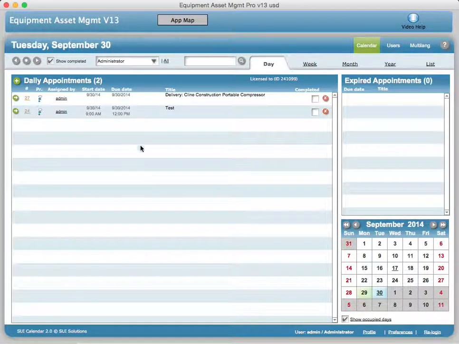This is going to conclude the portion on the calendar. The next place you're going to want to go is to click on either this arrow